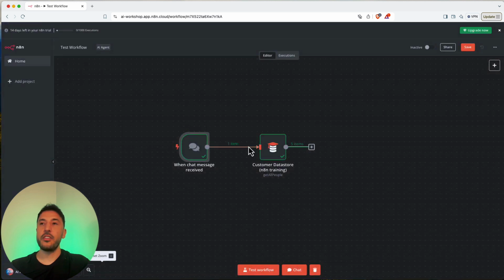So that's another really cool thing from the n8n user interface, is that you can see the data that's coming in from different nodes just from the outside, and how much data is coming in, right? So from here, I'm saying, hey, one item is coming in from this chat node, is being outputted and it's being sent to my other node that's attached to it. And from this node, there's 5 items coming in.